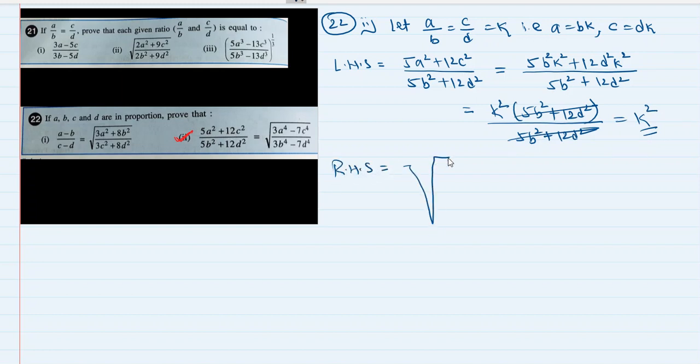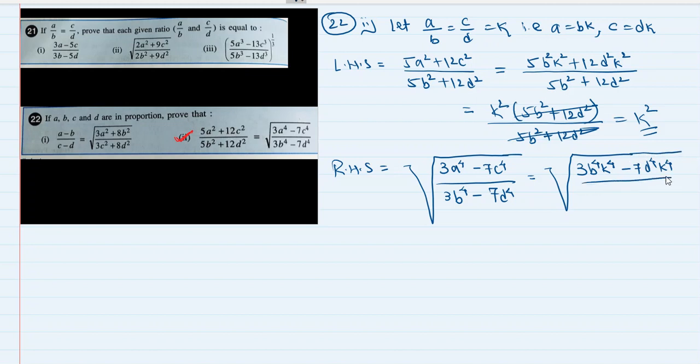RHS is a bit complicated expression. It is (3a⁴ − 7c⁴) the whole upon (3b⁴ − 7d⁴) raised to 4. Okay, so in the place of a, I'm going to put bk. So 3b⁴k⁴ − 7d⁴k⁴,